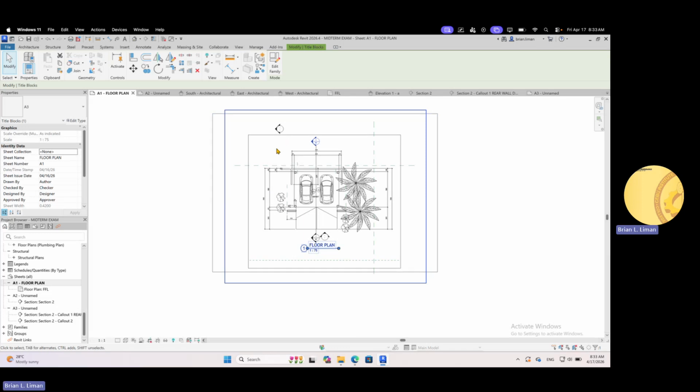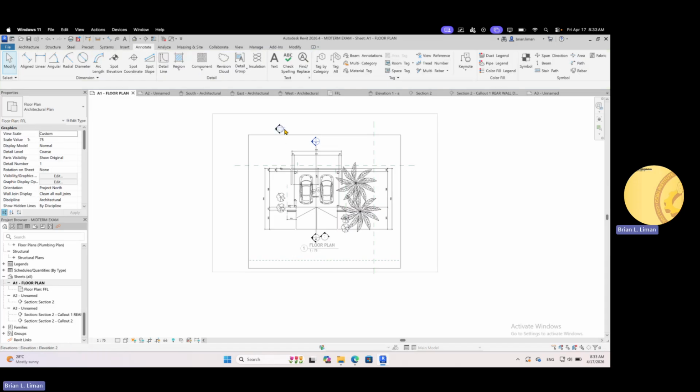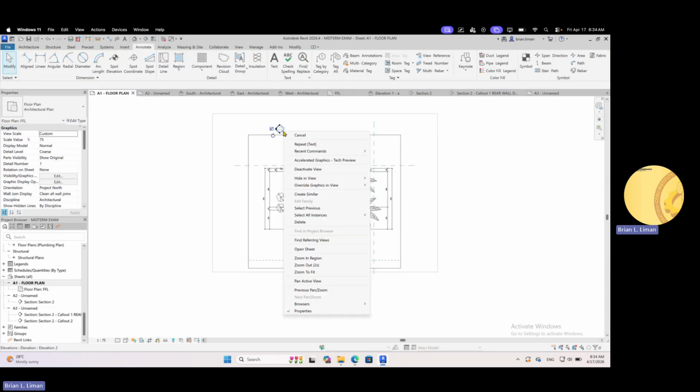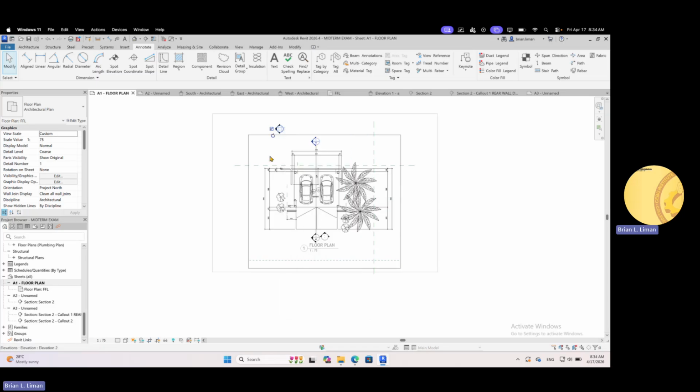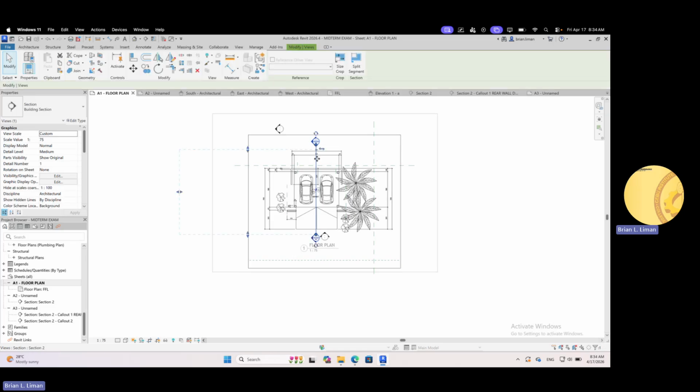Now, in your plan, you can hide the elevation tags. You can right click on it, then hide elements. Or if you will click category, it will hide the other elevation tags. Okay? But for the section, you retain it.